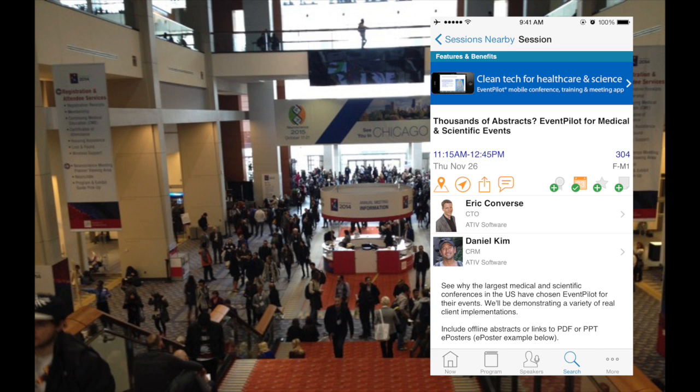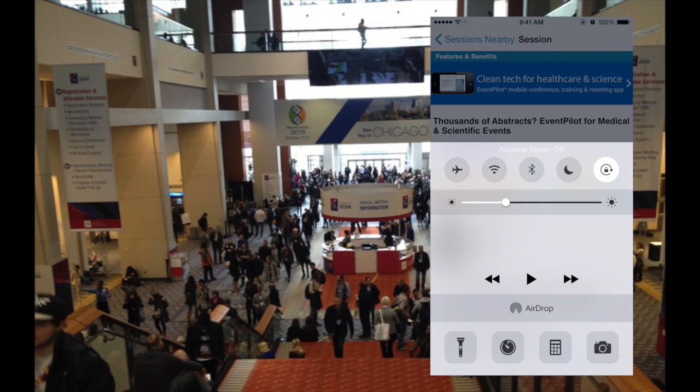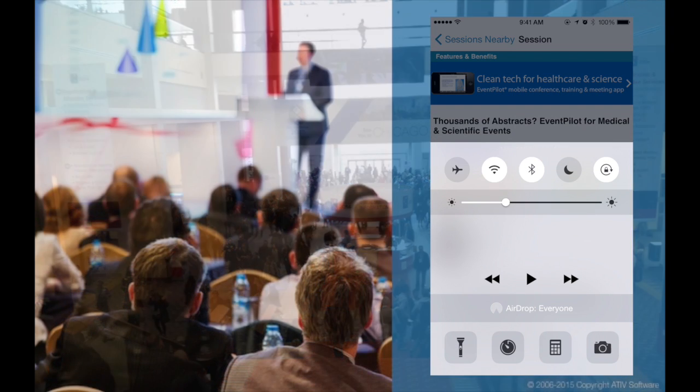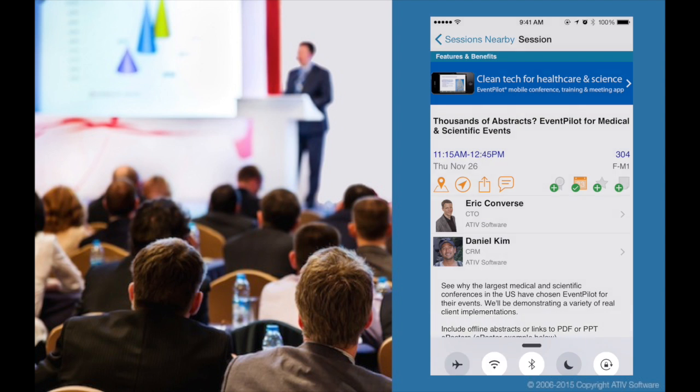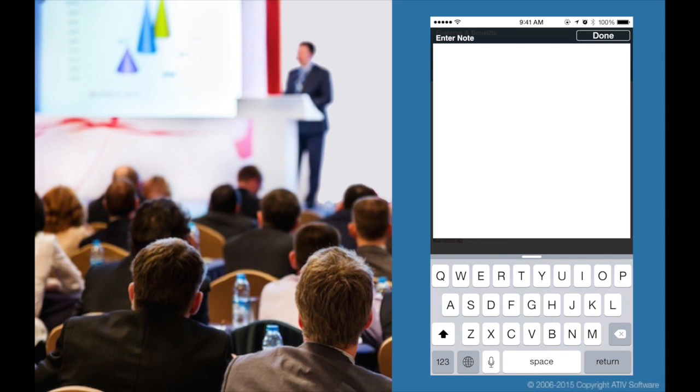Mapping works without requiring internet, GPS, or Bluetooth, so you can be sure your attendees always find where they need to go to. Let's turn on internet again to use some of the social features. Now I'm sitting in the new session and it's a great one. I want to bookmark it as a favorite, and I learned something new from the presenter and can take notes